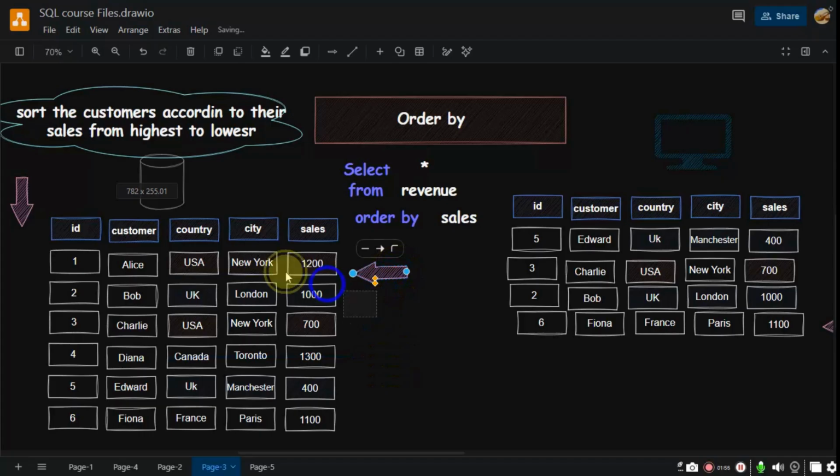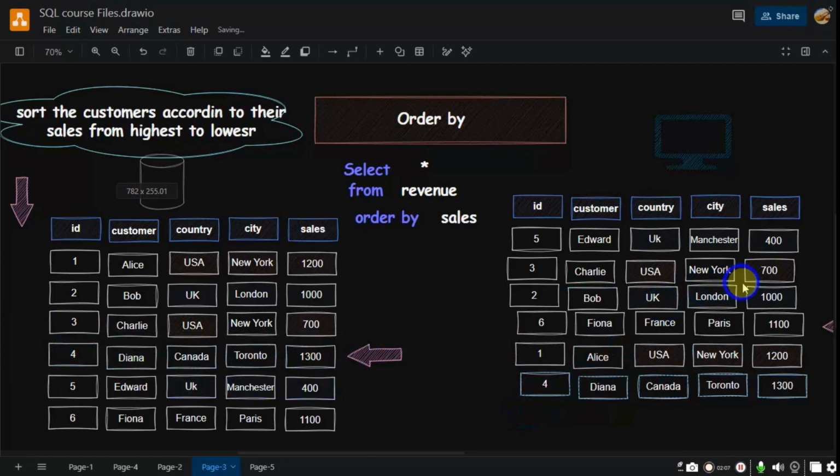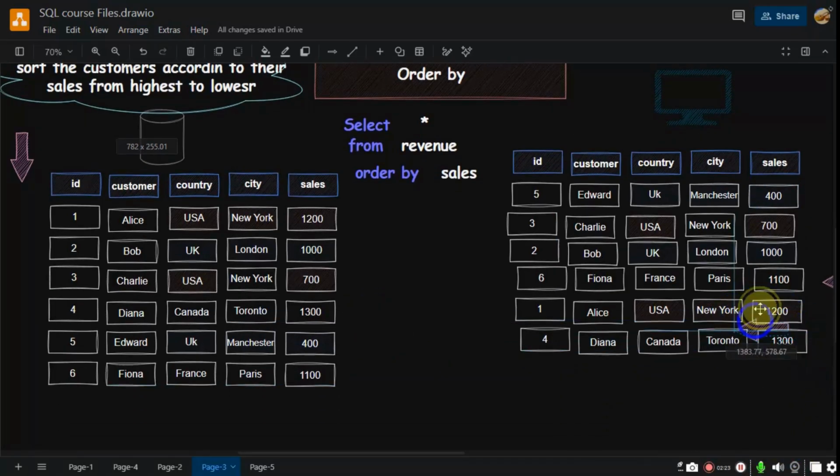And we have Alice, and the last thing that we have is Diana. So here, as you can see, the resulted data will start from the lowest, and then higher until we reach the end with the highest value